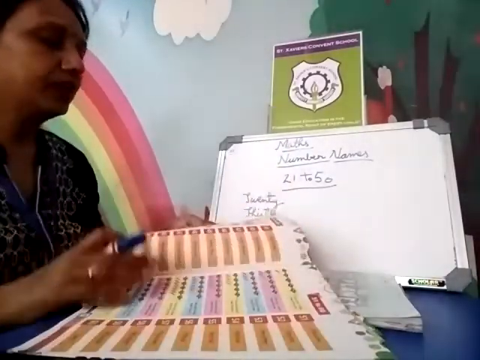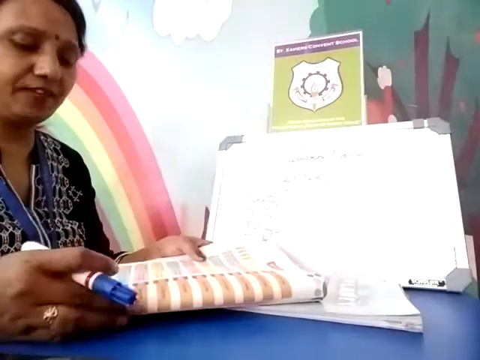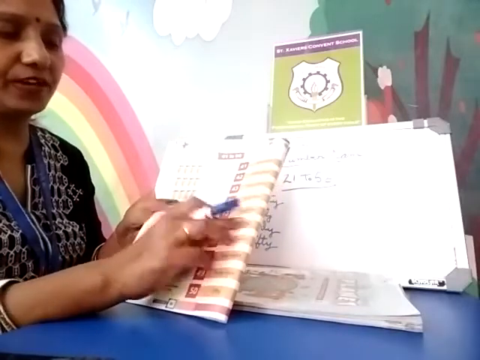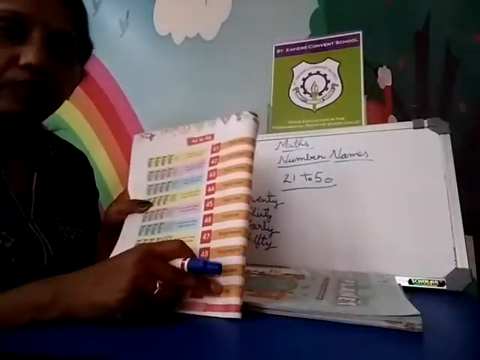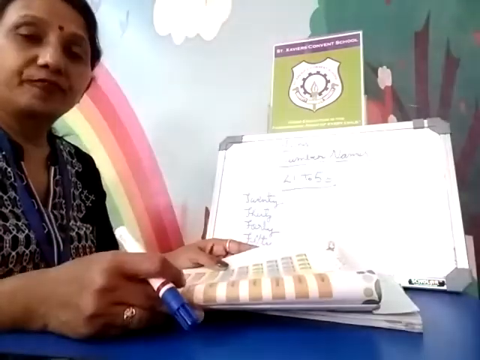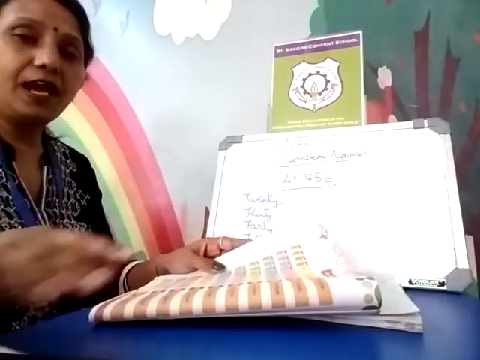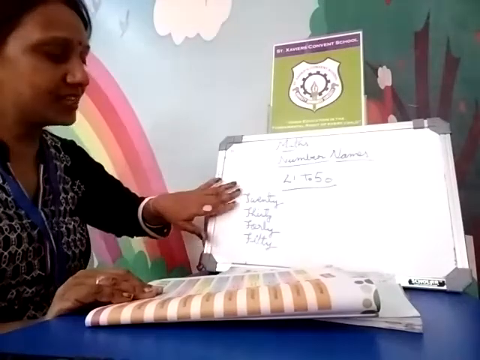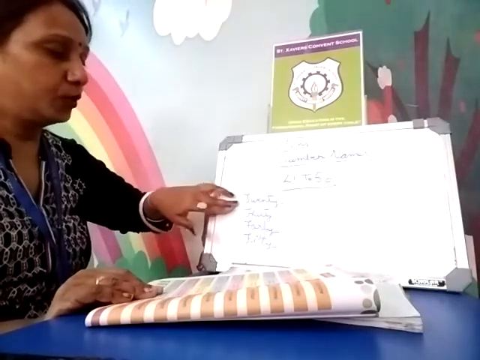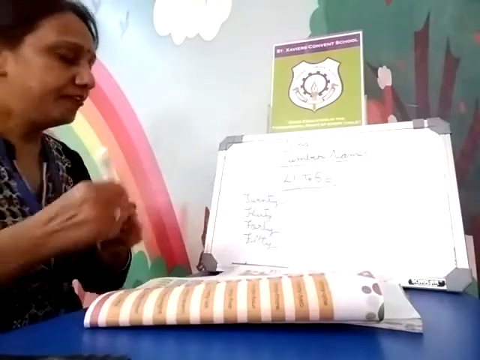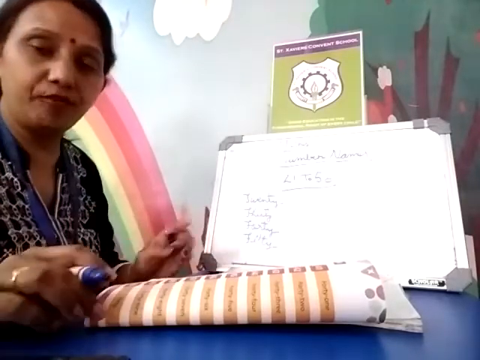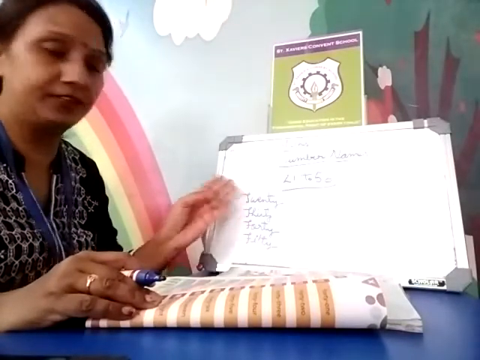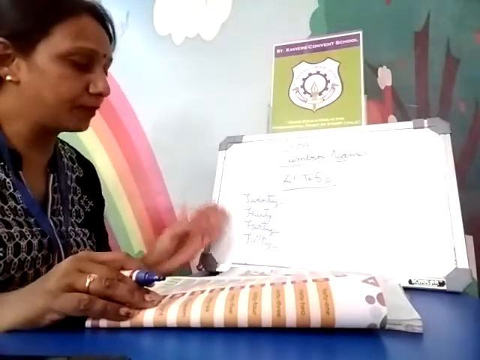40. Okay? And after 40 it's 41, see page number 36: 41, 42, 43, 44, 45, 46, 47, 48, 49. What comes after 49? 50. Spelling of 50, FIFTY 50. So you have to learn first these 4 spellings, 20, 30, 40, 50. Then 1 to 9 you know very well, and accordingly you will add the spelling of 1 to 9 with all these number names.